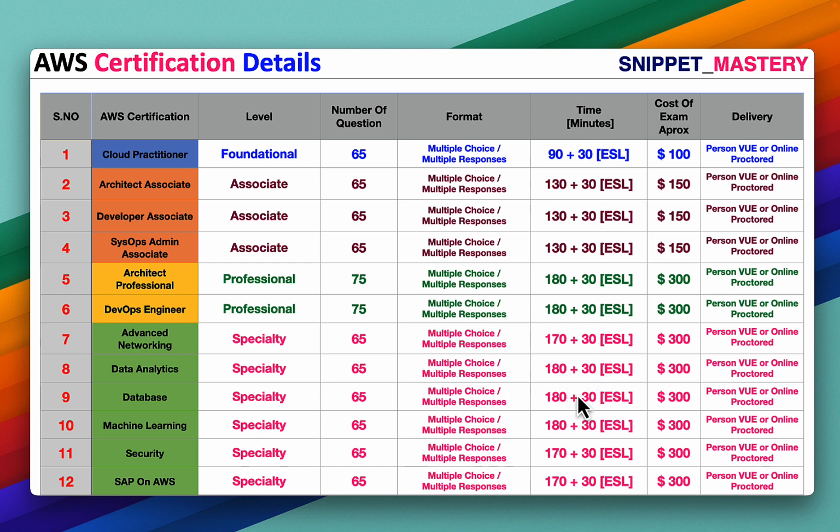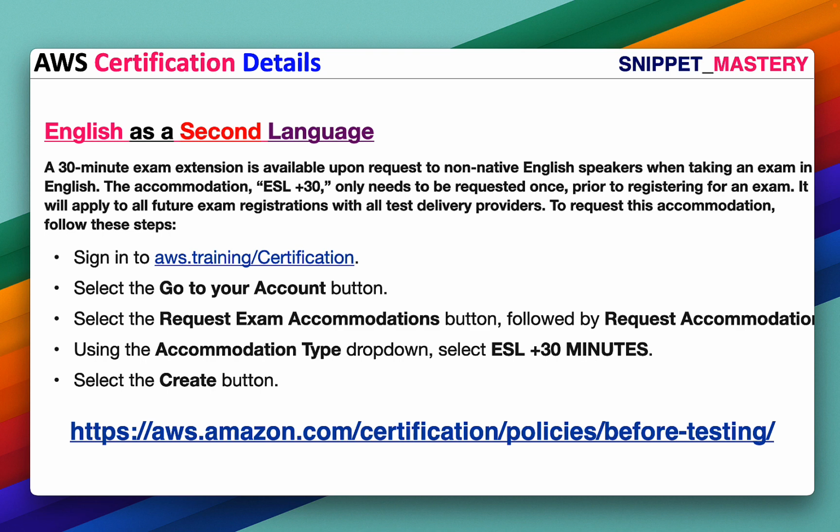So all certifications come with an additional 30 minutes if we are considering English as a second language. And the cost is $300, which is the same as professional, but associate levels alone are $150, cloud practitioner is $100, and all certifications are available at physical testing centers, and online proctored is also available. So here I have given a complete explanation. This is taken from the official website, the policies before testing URL of the